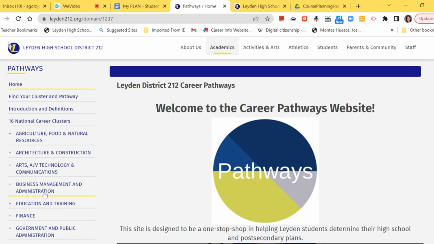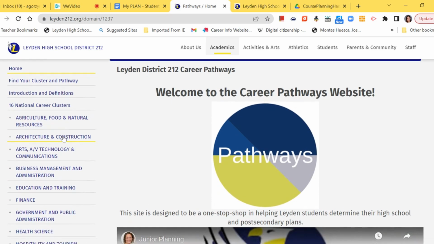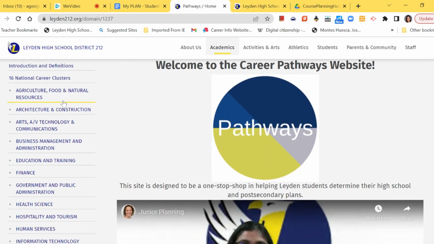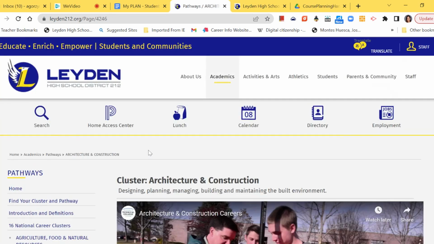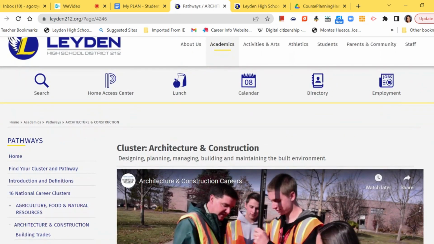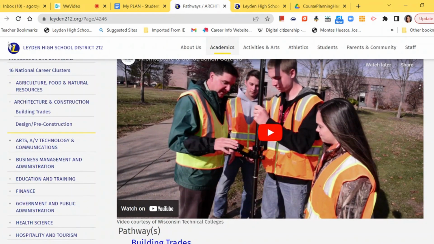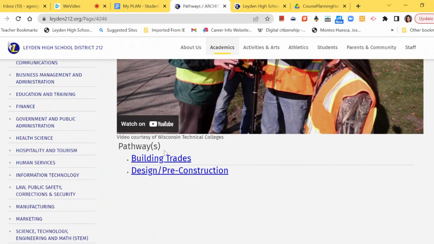So the results that you have on your My Plan document should look similar to the terms you see here on the left-hand side. So if you know what career cluster you've been matched with or one that you're just simply interested in, go ahead and click on it. If you know that you want to go into architecture and construction and you click on that cluster, the first thing you're going to see is a very short definition of what that cluster is about. There'll be a video to give you more information,